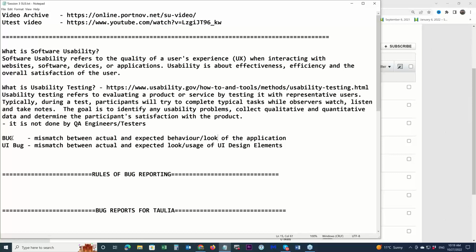User interface bug: mismatch between actual and expected look. Okay, expected look or usage of user interface design elements. Okay, that is user interface bug. And that is what we're going to look at.